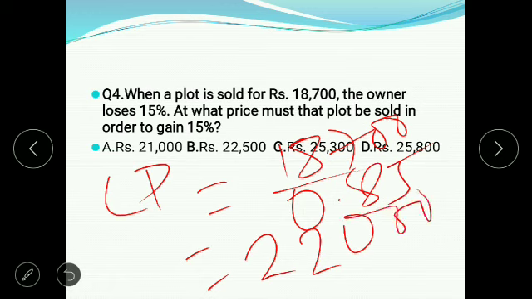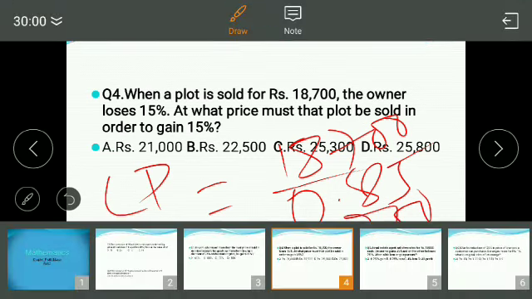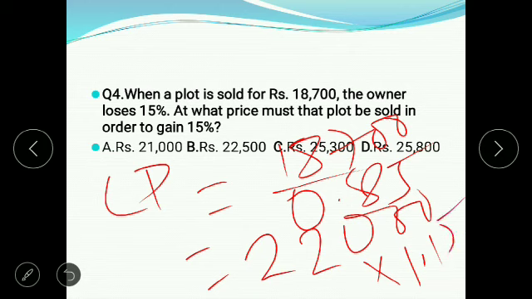Now it says that the owner wants to gain 15%, that means just multiply by 1.15. If you multiply this, I can get that. You just multiply 15 with 22, you get that, and add it to the 22,000. That is a way of calculation. So you will obtain 25,300. Let me just do the calculation: 1.15 multiplied, that is 25,300. So that will be our answer.